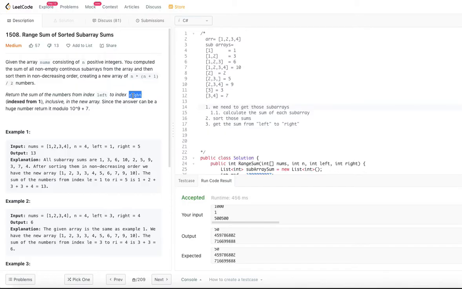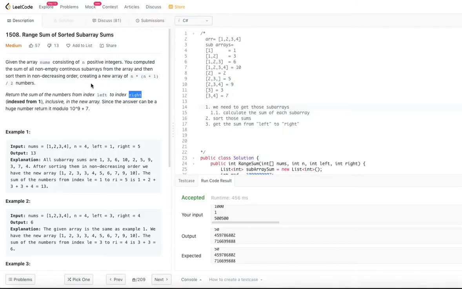So that means the first thing that we need to do here is, for a given array, find the possible subarrays. If there are n numbers, then there are n times (n plus 1) by 2 subarrays.